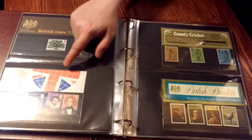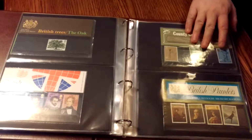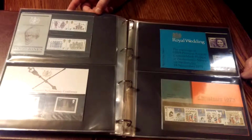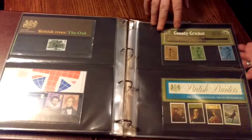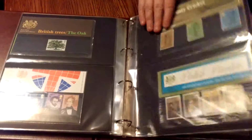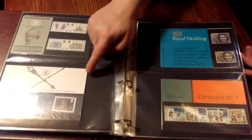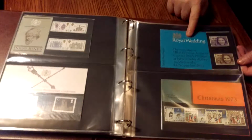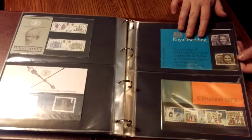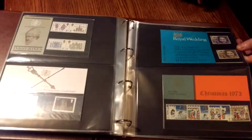British explorers. Oh look, county cricket, British painters. These are just sort of standard commemorative packs. Nothing really that special about them. In fact, most of these are pretty common. The trees ones can go for a bit depending on what they are, but all the rest of these are really common. The Parliamentary Conference, Inigo Jones. The Royal Wedding one is probably the most common of all. You can walk into any stamp shop in the country and every single one of them will have like 100 of these. These are not difficult to find, although